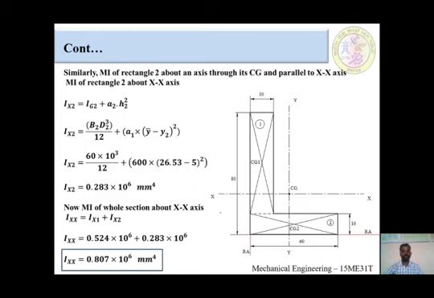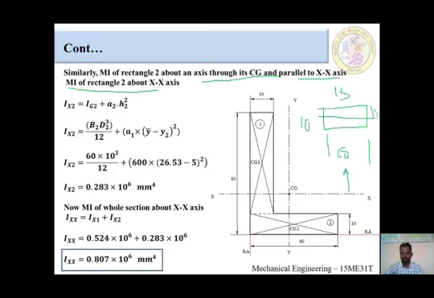In next slide, we will see the moment of inertia of rectangular 2 about its center of gravity and parallel to x-axis. Right. Moment of inertia of rectangular 2 about x-axis. I am taking out second component outside. This whole distance is 60 millimeter and this distance is 10 millimeter. Okay, this is x-axis. When we are looking from this side, this one is B, this one is D. Okay. After that, how much away from axis of reference? This is only reference, right?